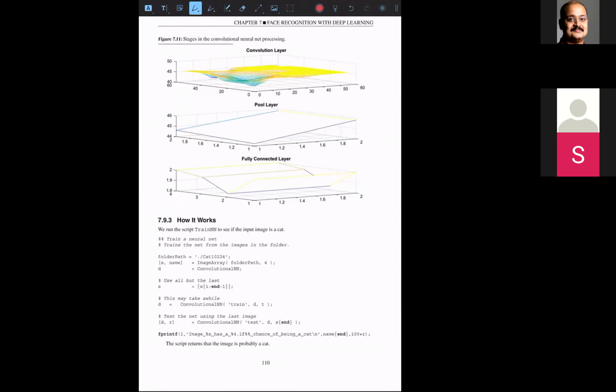Now you have this huge data set of images. You are going to use that data set, do the convolution, do the pooling and softmax, everything. And please note, you are going to use the code that was already discussed earlier. So at this time, I want you to run this code. You should be able to see the MATLAB script, train NN. Do you see that? Open train NN.